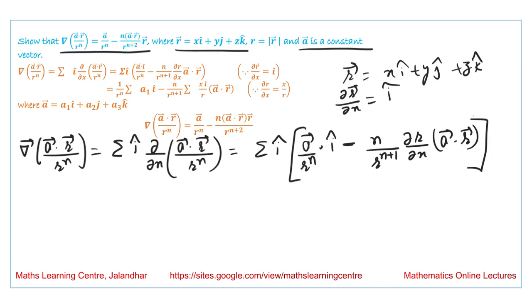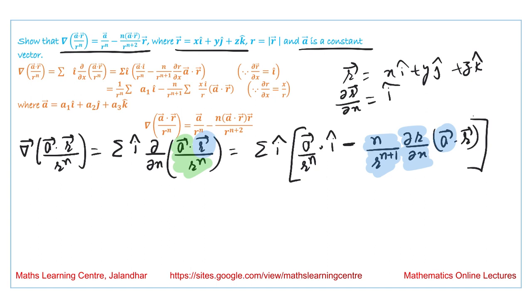How are we getting this? We are considering this a vector by r^n as the first function and this r vector as the second function. A vector is constant, so we obtain it this way, and the derivative of 1 by r raised to the power n